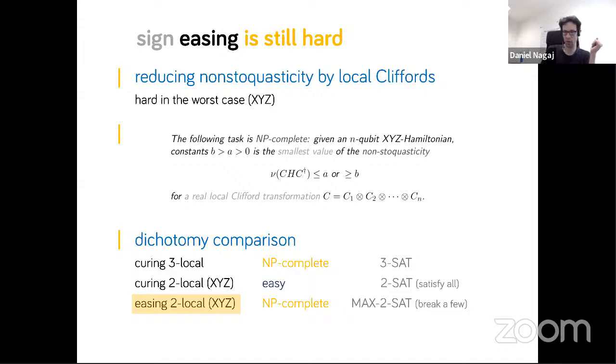On the other hand, for 3-satisfiability, when you're looking at strings and asking whether you can satisfy conditions that involve 3 bits at a time, for example, saying that these 3 bits cannot be equal and these 3 bits cannot be in the state 110, finding whether there is a solution to all of these conditions is NP-complete.